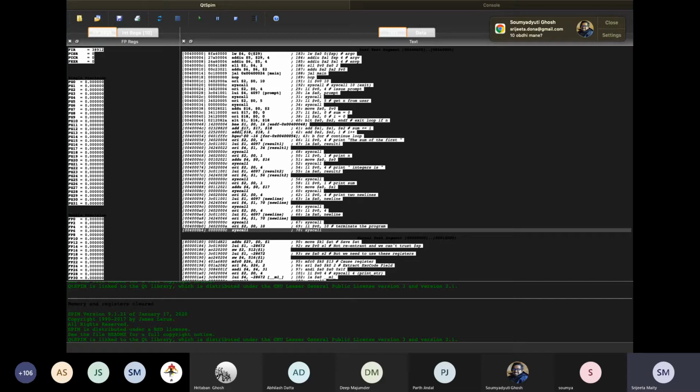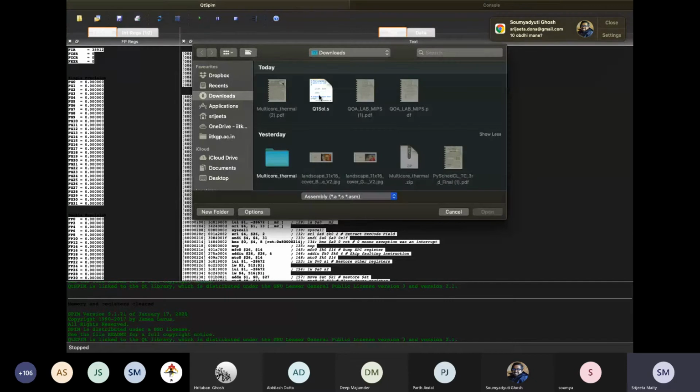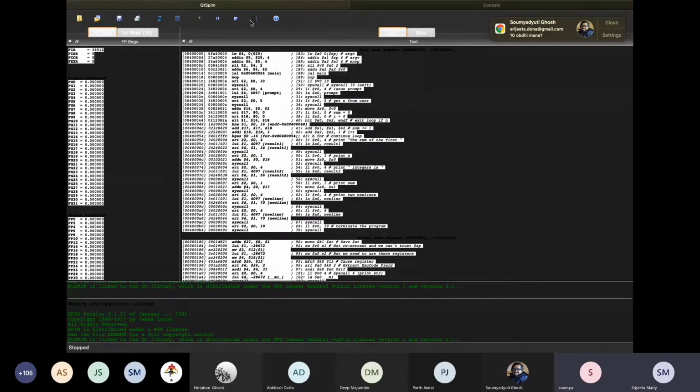For debugging purposes, if the result is not coming and you want to debug where exactly it has gone wrong, instead of running the whole program, you can also go for a single step iteration. For that, you again have to reload that file. Every time you run, you have to reload that file. Otherwise, you will get an error. Please remember this. This is a problem with the simulator, but you have to live with it.